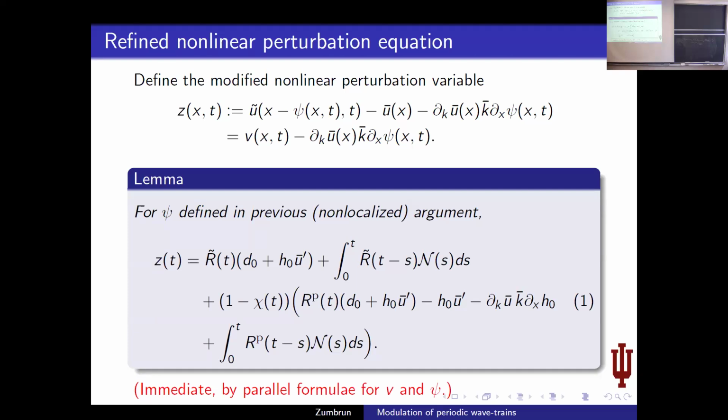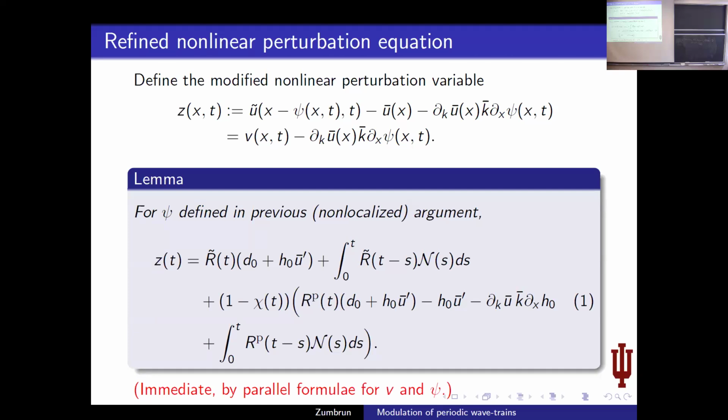K bar is the background wave number, the period of the background wave. Sometimes I write K star, so sorry about that. K bar is the background wave, U bar is the background wave. Okay, and so that is what? That is the previous V, what we had before, with a new term. So this is the phase modulation, and this is the amplitude modulation through, well, let's say the wave number, the K modulation. So it's